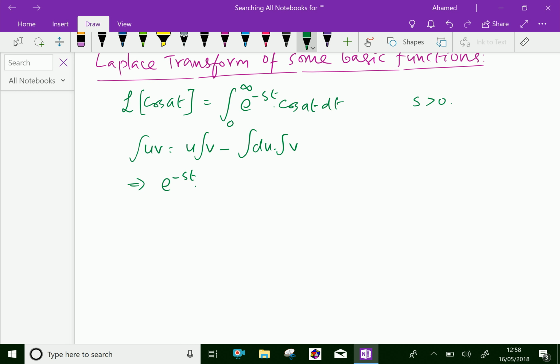Cos at integration is sine at over a, minus integral of differential of first. E power minus st differentiation is minus s into e power minus st